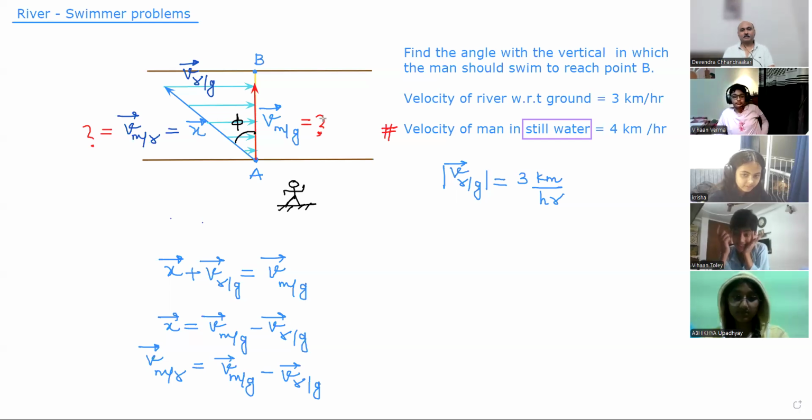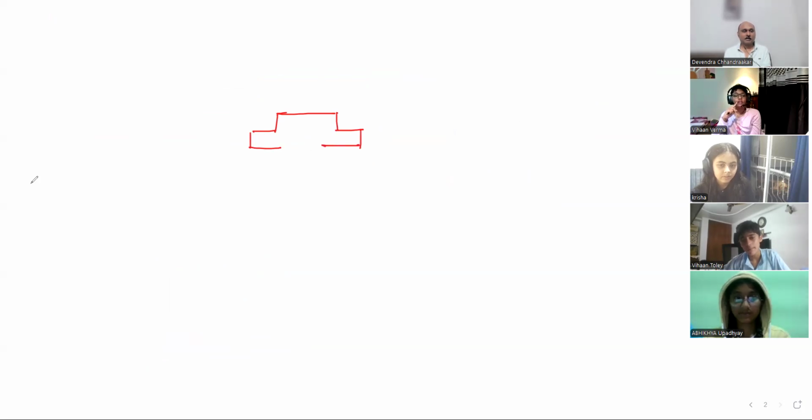If you are moving, so the question is my question to you was, a car is moving with a velocity of some, so this is the car which is moving with a speed of,